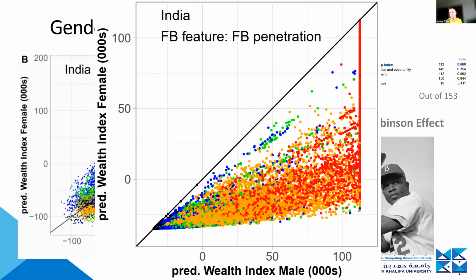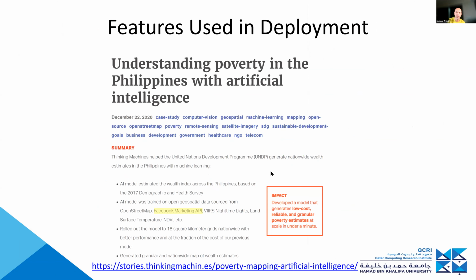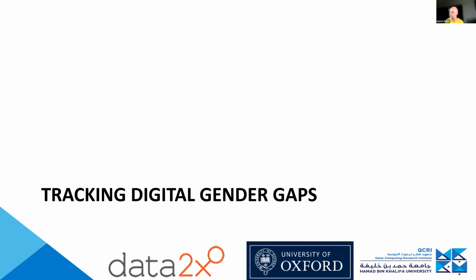This model overall performs worse than the more complex model in the aggregate setting, but it's likely to be less biased once you disaggregate by gender. Now at least you get something plausible in terms of the patterns that you observe, where for every location we predict that men are doing better than women. Again, we're happy that this work continues to be operationally used by the company I mentioned, Thinking Machines, who have also expanded it with additional features, such as features derived from OpenStreetMap.